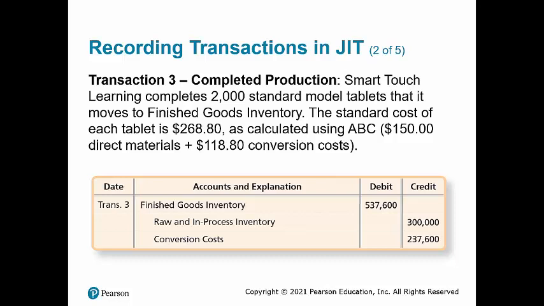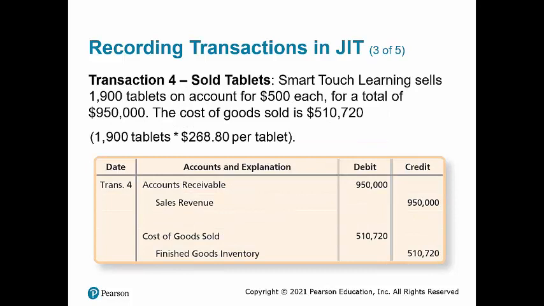For the conversion cost, we would take $118.80, multiply that by 2,000 to get the credit of $237,600 for conversion cost. As the tablets are sold, we would record the sale and the cost of goods sold. If Smart Touch Learning sold 1,900 tablets on account for $500, we would debit accounts receivable and credit sales revenue for